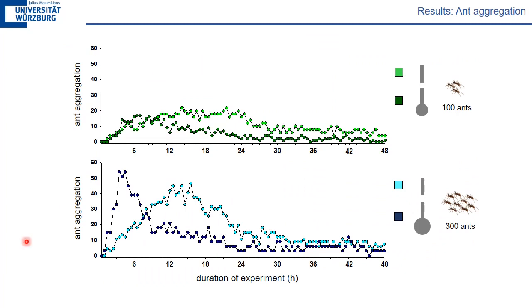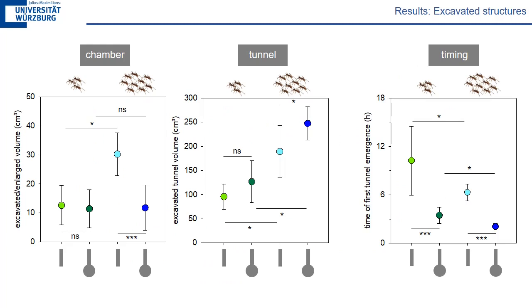Worker aggregation in small groups was lower than in large groups. The peak of worker aggregation was reached earlier in the digging process when ants started with ample space. And the ant aggregation in reduced space was increased for longer periods of time until it decreases and reaches a plateau. As for the excavated structures resulting from these ant aggregations, here for chamber volume, when ant aggregation was low